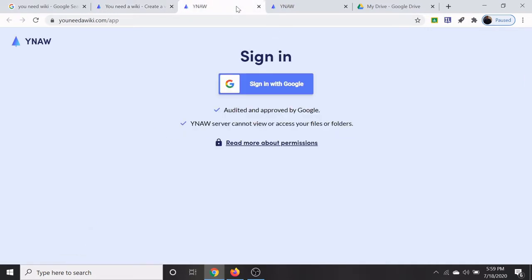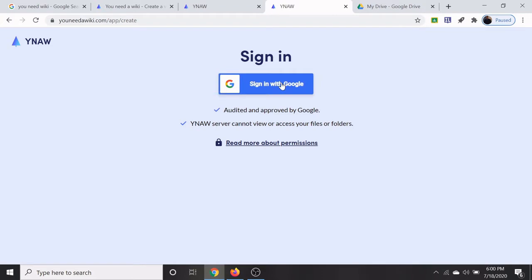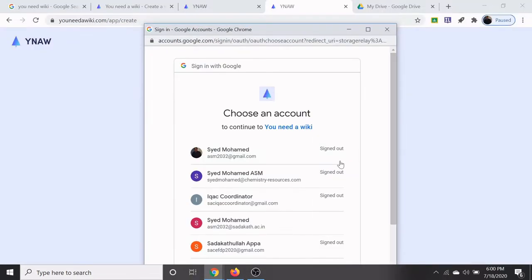Then the sign in page will appear. You can sign in using your Google account or any other Google account. After signing in, the page will ask permission to access your Google Drive. Now let us see here.